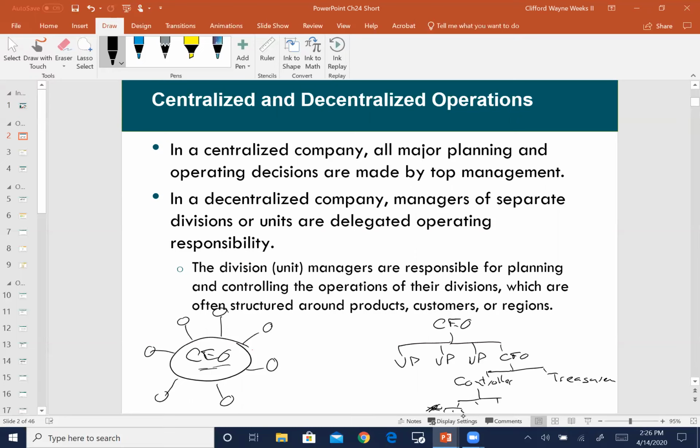Now, just a little FYI, if your desire is to be the top dog or the CEO of an organization, know that 80% of these guys come from an accounting background. Again, I'm just trying to fish, because accounting is a great major. So if you want to be the top person in an organization, the accounting pathway is a very good pathway.